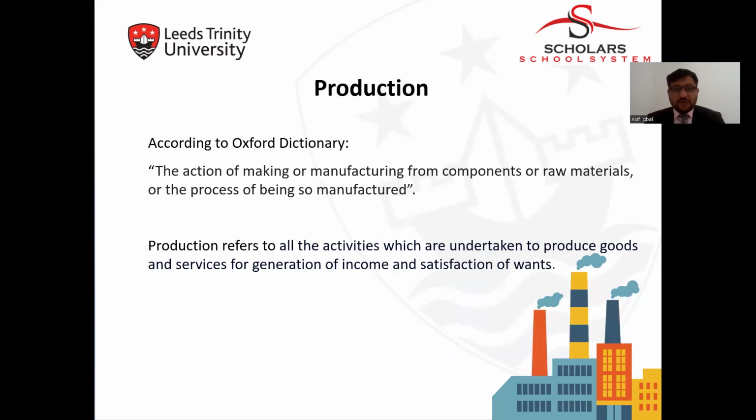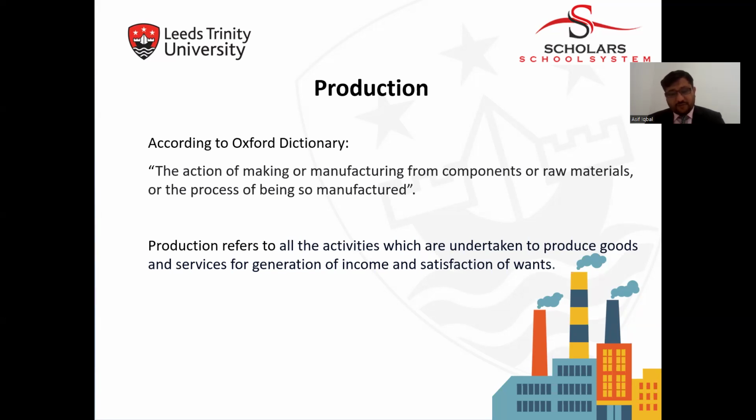Production. According to the Oxford University Dictionary, it is the action of making or manufacturing from components or raw material, or the process of being so manufactured. It means some actions are happening on the raw material so that products are going to be manufactured. Production refers to all the activities which are undertaken to produce goods and services for the generation of income